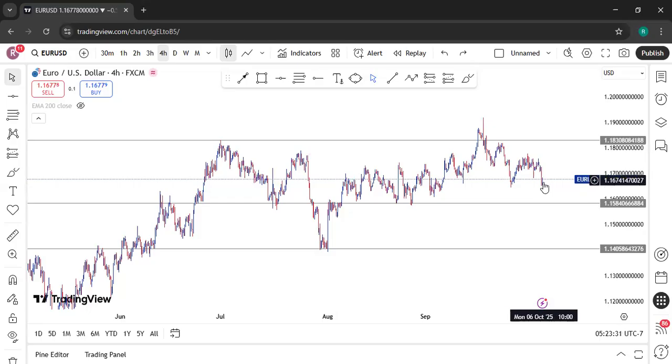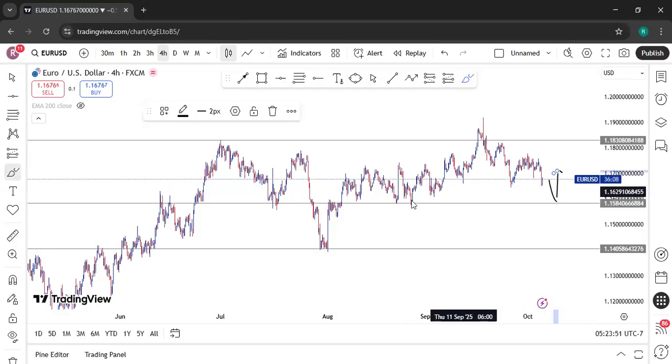So this tells us that anytime we see price tap into this zone right here, when we see a drop of price into this level right here, we could expect price to react. The buyers could come into this place and push price to the upside. You could expect a push to the upside from this zone. Why? Can you tell me why? The reason is that if you look at what happened in the past, look at what we have here. We had this zone, price tapped into the zone, and then we saw the upside,